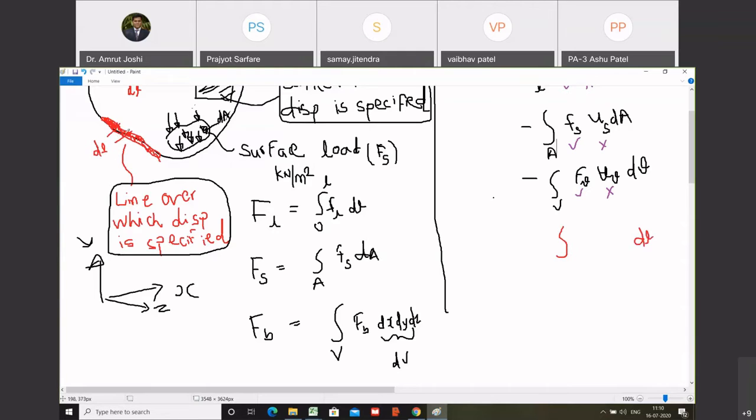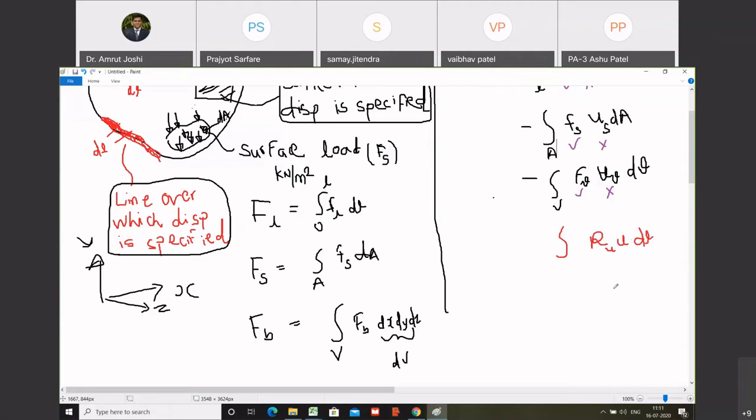on this dl, what is the displacement that is specified? It is u. And what is the reaction? As displacement is specified, you are going to have reaction r in the direction of u. Do you agree with me? So ru into dl. What is the unit of ru? Newton per meter and kilonewton per meter. It is the reaction per meter length.